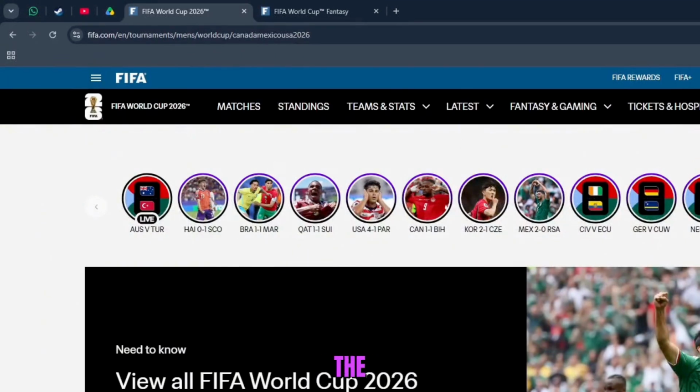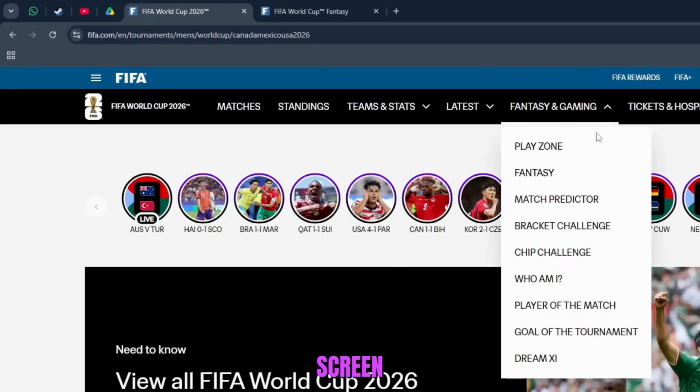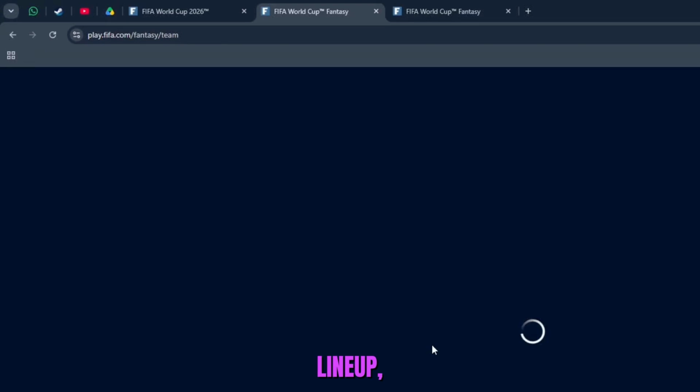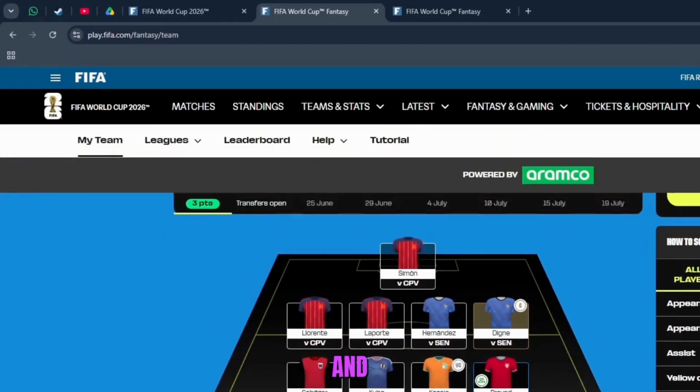Once you're on the home page, locate the fantasy gaming section at the top of the screen and click on it. Now locate the option My Team, click on that. This is where you will be able to view your starting lineup, bench players, transfers, captain selections, and all other